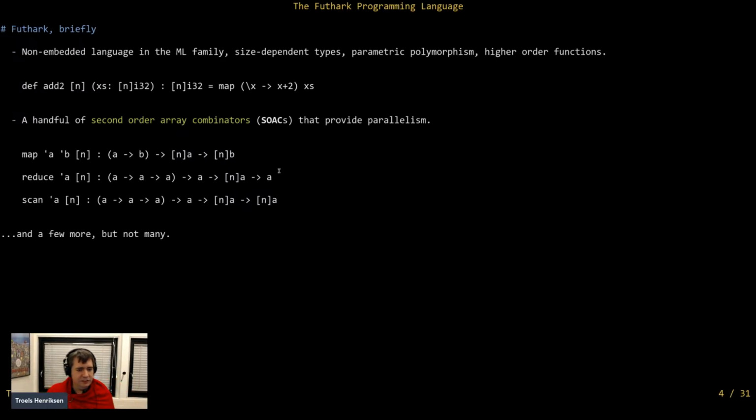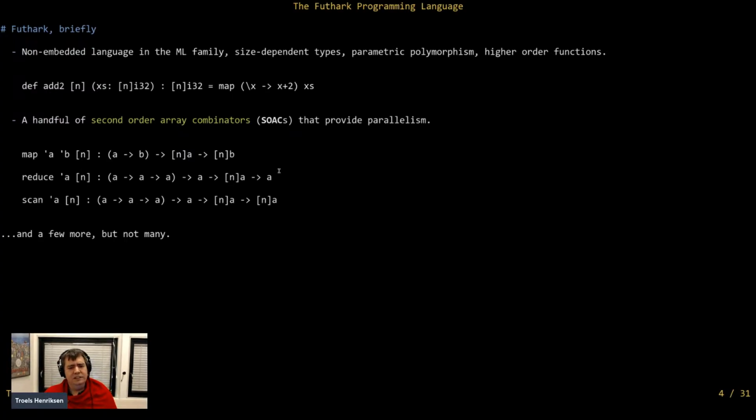And this is really just a map that you would find in any modern language. I mean, I think most languages have a map now. Now the difference is that in many languages, even languages like Haskell and ML, map is just yet another library function. It's written with recursion and so on. In Futhark, map is really something that the compiler knows about. It knows what the properties are of map, and it is able to transform uses of map and eventually use that to generate parallel code. And I'll explain that in some more detail.